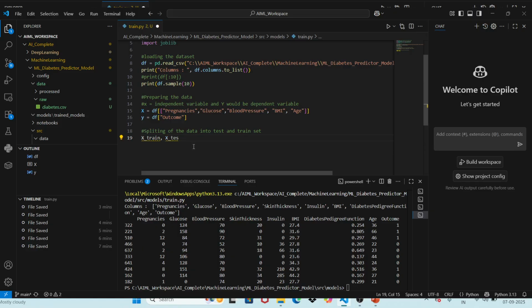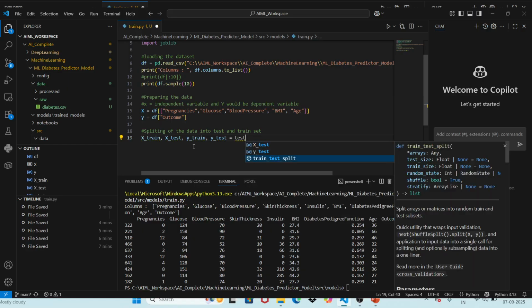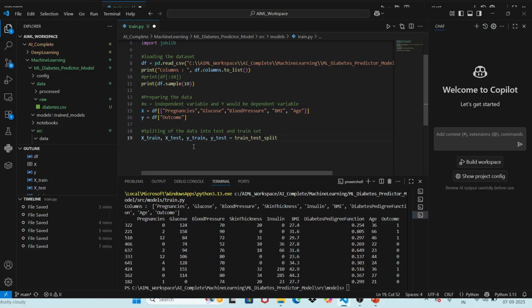This sequence is very important. Always this sequence would remain the same, so make a note of it. Okay, so we got this data, and then we have to use